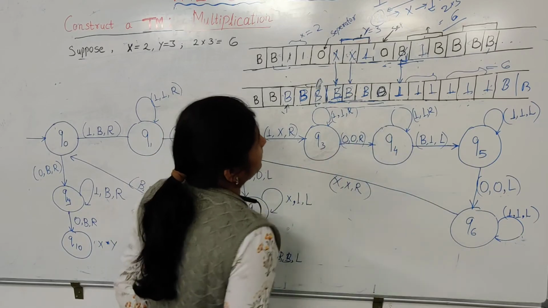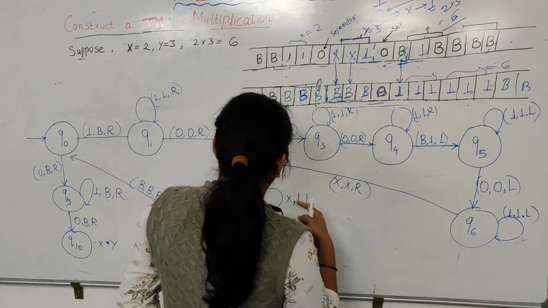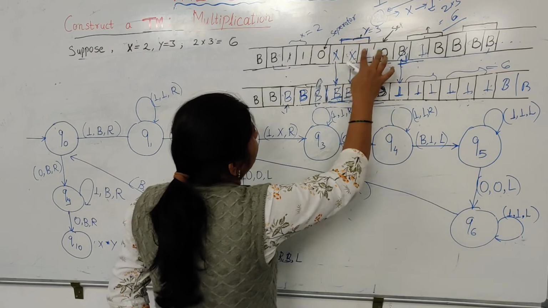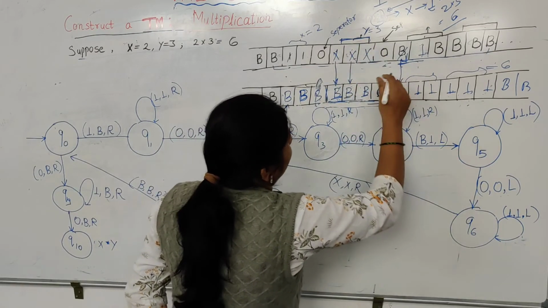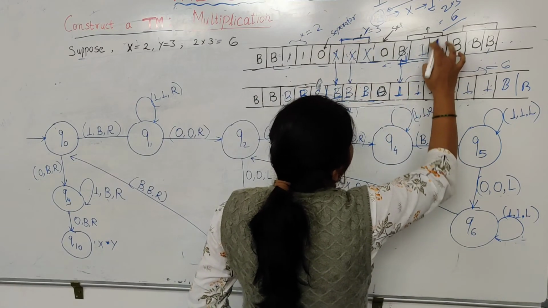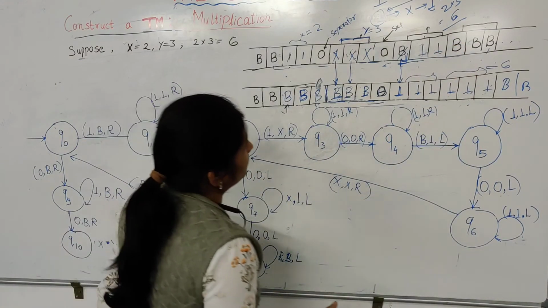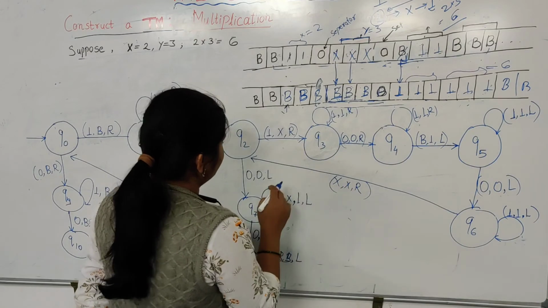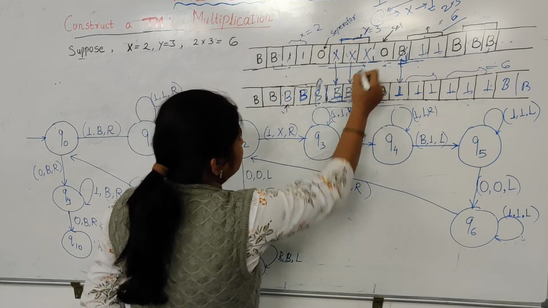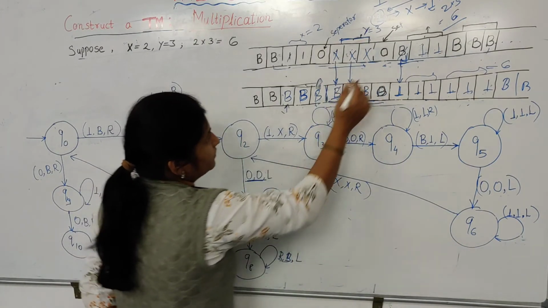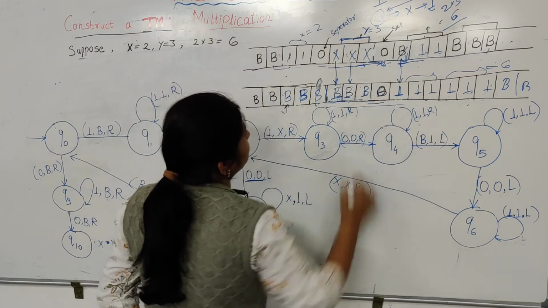So this cycle will be same until we get all the ones. Okay, this B should be replaced by ones. Okay, after this, what we will do, after encountering all the x, means all the x is completed, when we will get 0. Okay, here when we will get 0,